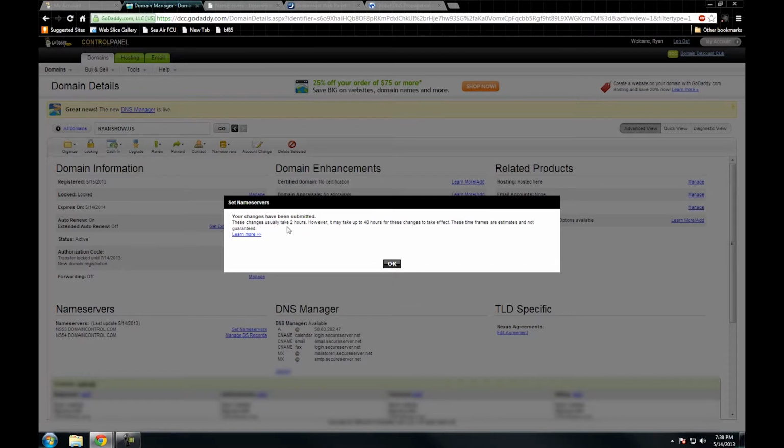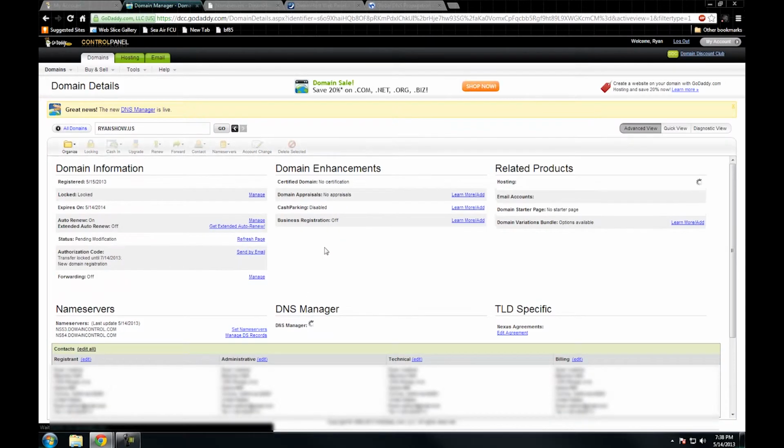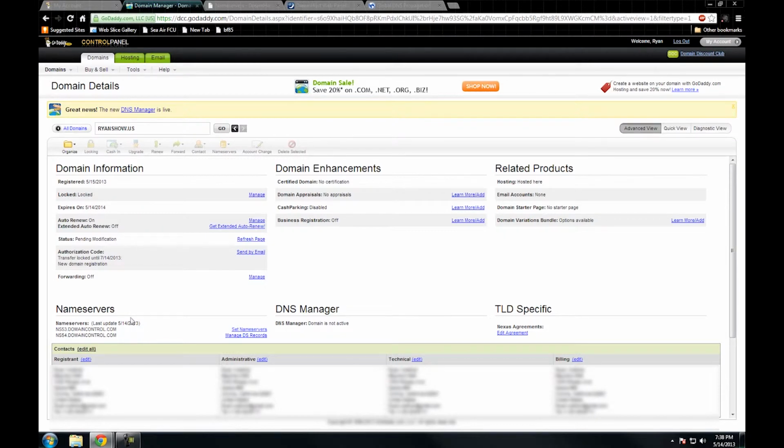Now, it says here it takes 2 hours to 48 hours for those changes. Now, that is DNS propagation. So let's see if I refresh this, if it will show the new name servers. Okay, so they're not quite updated yet. Alright, so basically, whenever you make a DNS change, they need propagation time. Propagation time will take anywhere from 24 to 48 hours, and that's just to propagate across the internet. The host or the domain registration have zero effect on this. It's all about propagating across the internet, and that's how long the internet service providers need to update their DNS